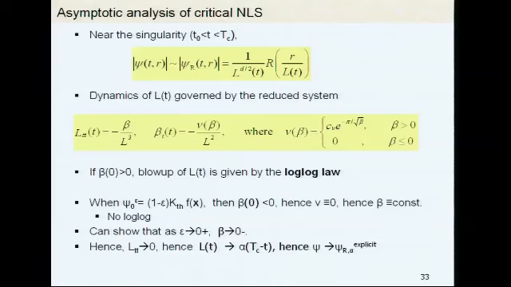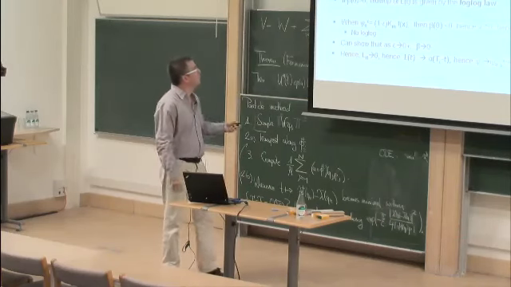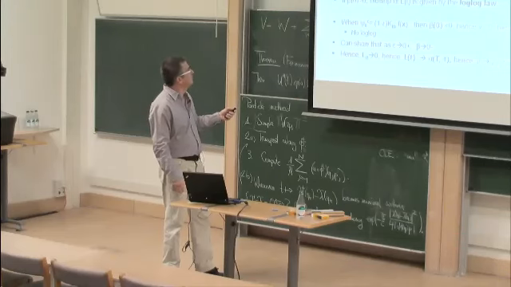So what we know from NLS theory is that near the singularity, as we said before, the solution collapses with this psi R profile, which is a modulated R profile. So it's not for all t, it's for some time sufficiently close to the singularity. And using this assumption and other stuff, you can show the dynamics of L of t, the beam width, is governed by this